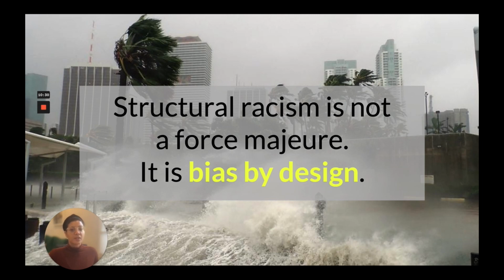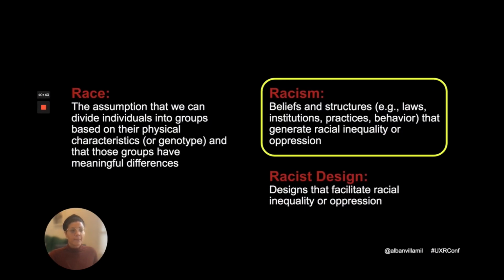Structural racism is not a force majeure. It is not a naturally occurring phenomenon. It is biased by design and reflects the successful implementation of social policy. The healthcare systems, alongside technical systems, legislative systems, etc., have been shaped by bias. So place, not race, means acknowledging that the design of healthcare services and medical technology may generate or reproduce inequality